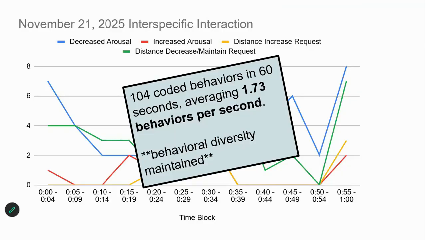Importantly, behavioral diversity is maintained. This is an academic way of saying that he's still doing lots of stuff. Like I haven't just scared him to the point that he just stands there because he's not sure what he's allowed to do. He's still doing all kinds of dog things. He's just not hurting me and he's not hurting himself. So behavioral diversity is a really strong indicator of good welfare. If you're seeing an animal do lots of different species typical things, as opposed to an animal who's just sitting there